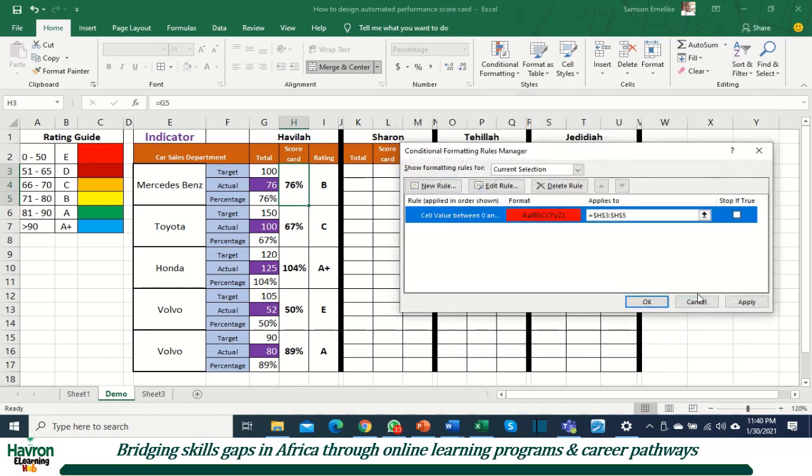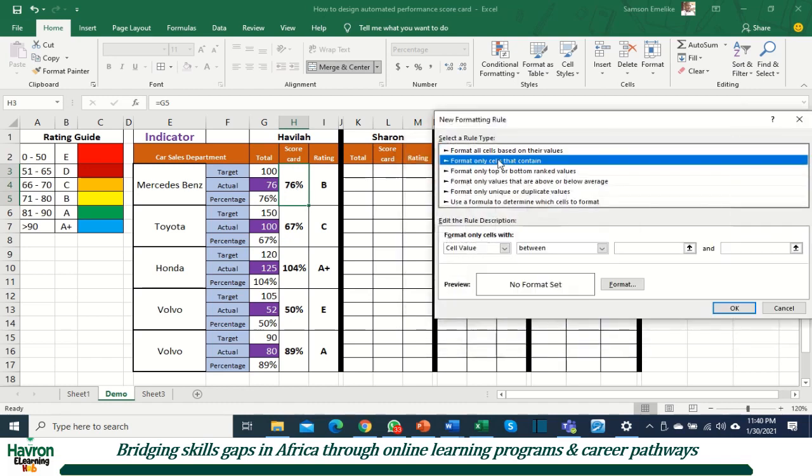Okay, so we okay this. Let's apply this. Okay, so we have applied this. That is rule number 1. Because there are several bands here, we need to apply all the different possible values and ranges in this particular cell. So secondly, we're still going to use this cell value. Right now we are looking at 51 and 65%. So 51 is 0.51 and the other one is